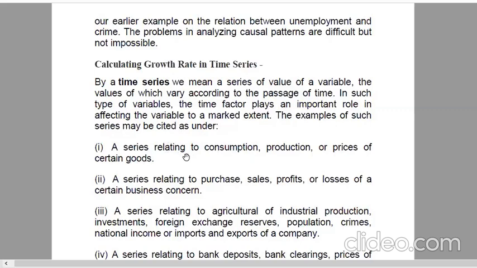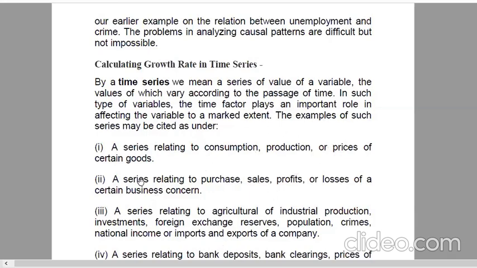First, a series relating to consumption, production, or prices of certain goods. So here there is growth also, consumption and production, right? So your production means your goods, consumption means कितनी हमारी खपत हो रही, कितनी बचत हो रही है, कितना क्या हो रहा है, तो वो डिपेंड करता है, वो ग्रोथ पे